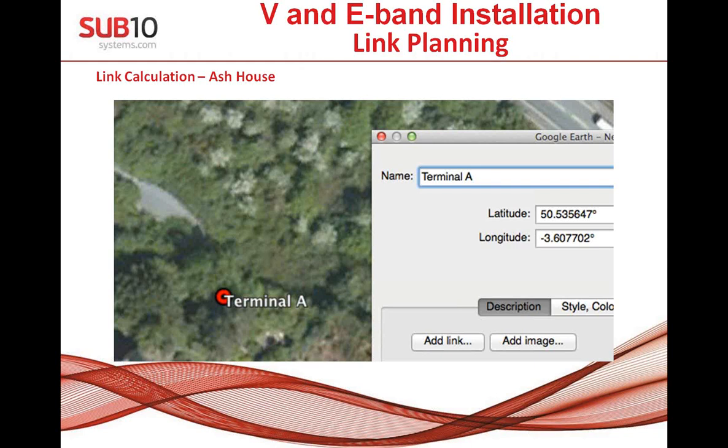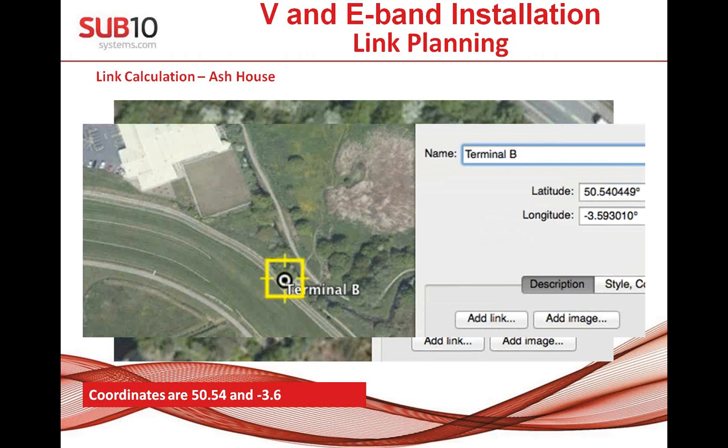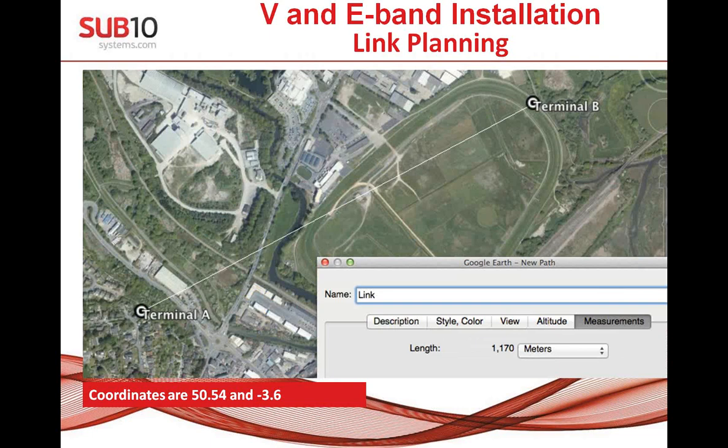I put terminal A on Google Earth because I know the location where the terminal is. I write down the coordinates. You don't need to be so precise, because you just need to know the area for the rain. In this case, I will use 50.54 and minus 3.6. Then I put the second point, which is the terminal B location. At this moment I don't need the coordinates, but you can record them. Important is that you can then create a link between terminal A and terminal B, and if you click on the link, you will see that the distance is